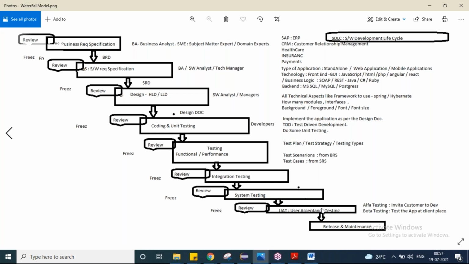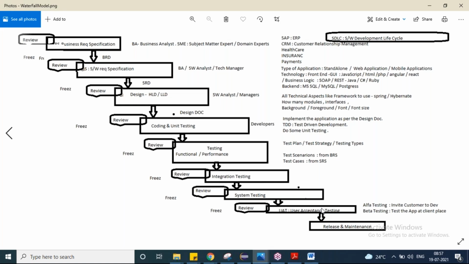So by following these many stages, from the first day we got the requirement to the last day we release the software to the customer, all the stages together we call the software development life cycle model. In this model, the very basic concept is, if you cross one stage, once the phase has been frozen, you can't go back to the previous stage, and you have to come to the next stage only, right? If you see this model, it is looking like a staircase, right? If you throw a glass of water from the top one, it will definitely come to the bottom one. There is no chance of going in a reverse direction. Water can't travel in the upward direction.